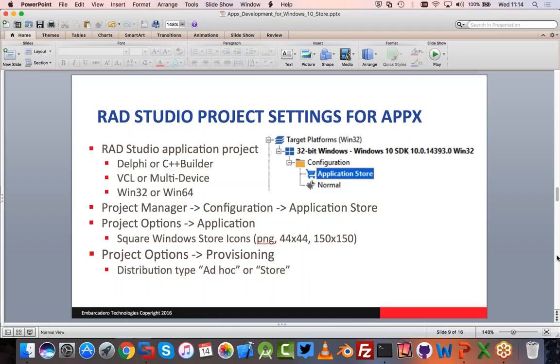So that's something you set in project options. And also in the project options provisioning, you can either specify ad hoc or store option. That will basically change how your Appx package is built. If you specify ad hoc, you just need to point the project to the correct certificate. If you specify store, you need to enter data that comes from the online store when you create